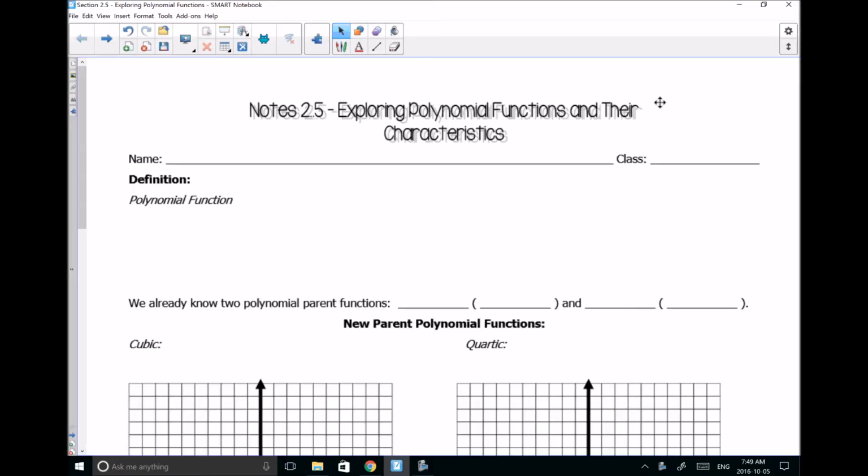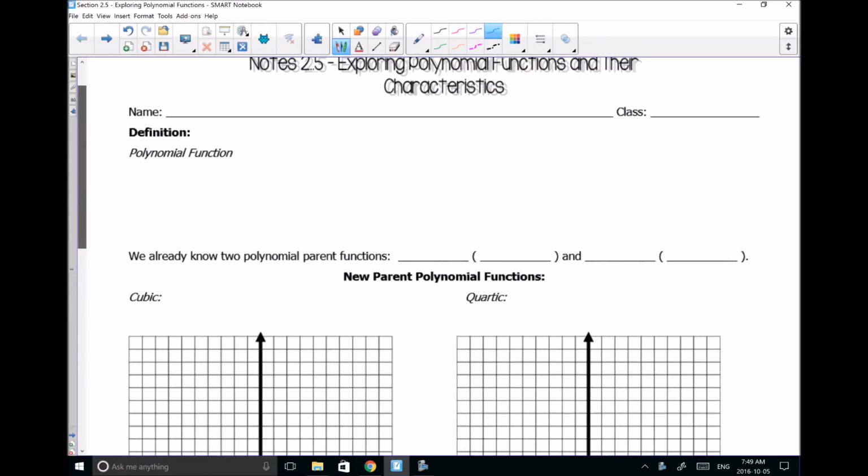Hello, we are looking at notes 2.5, which is on exploring polynomial functions and their characteristics. So the first thing that we need to do is define what a polynomial function is. We've been doing a lot of work with polynomial expressions and equations, but we need to define specifically what a